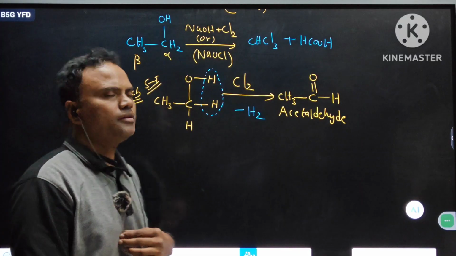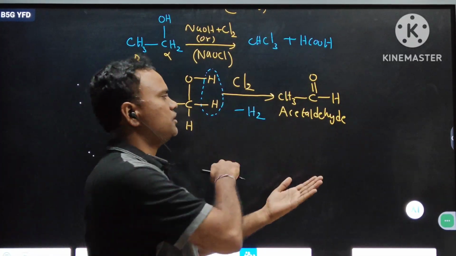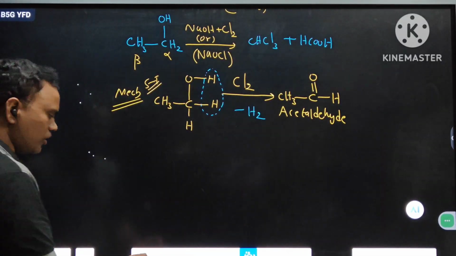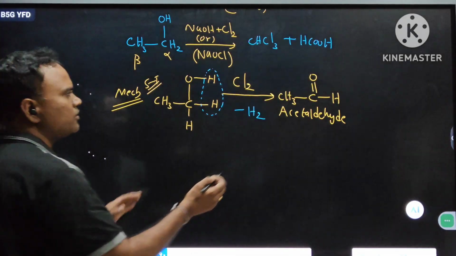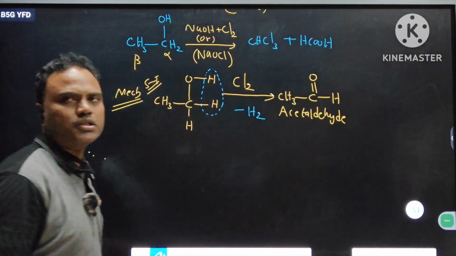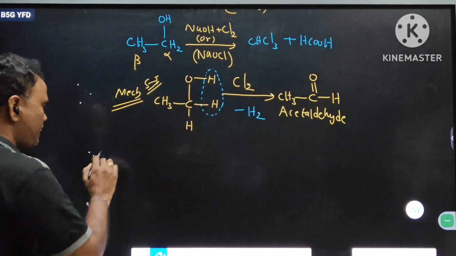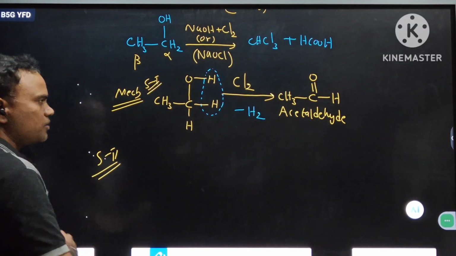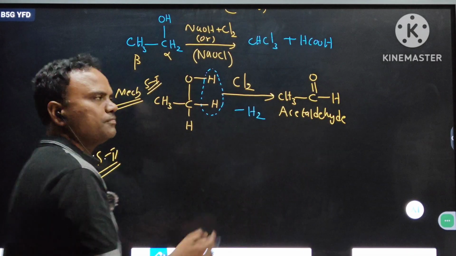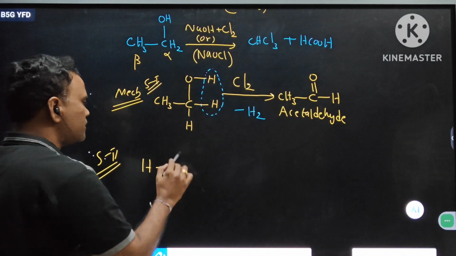Next, take this acetaldehyde and write it in the reverse order. Nothing will happen. CH3 C double bond OH, I am writing H C double bond O CH3. Nothing will happen. Step 2. H C double bond O